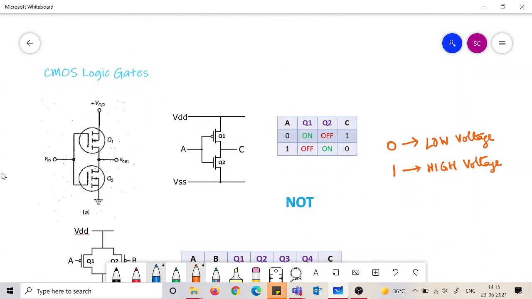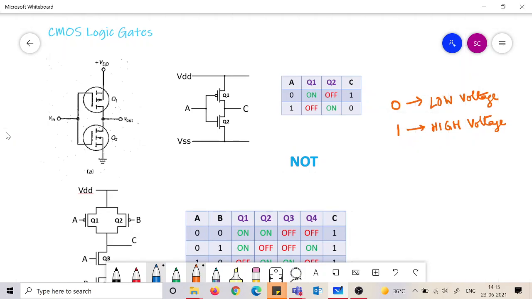now we come to an important application of the MOSFET devices, especially the eMOSFET devices, which is the complementary MOS logic gates. Now this is called CMOS. CMOS is not a new kind of MOSFET device. It is either an eMOSFET, or it could also be a DMOSFET device, but eMOSFET is normally used. But the idea is we use complementary MOSFETs. What is complementary MOSFETs? One needs to understand this.